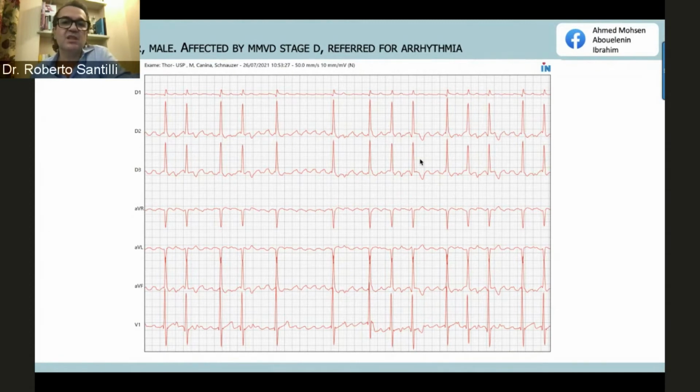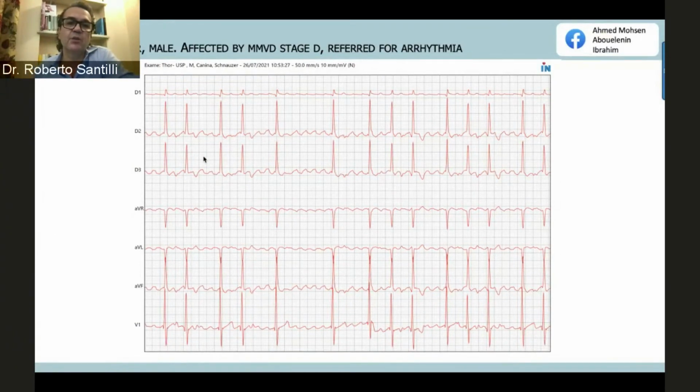So what we see here is a tachycardia with a narrow QRS complex. You can see here leads 1, 2, 3, aVR, aVL, and aVF, and then there is lead V1. But it's a narrow QRS complex, so it's a supraventricular tachycardia. Actually, there are periods where it's tachycardia alternating with periods where you have more bradycardia. Since it's a narrow QRS complex, what are our differentials?